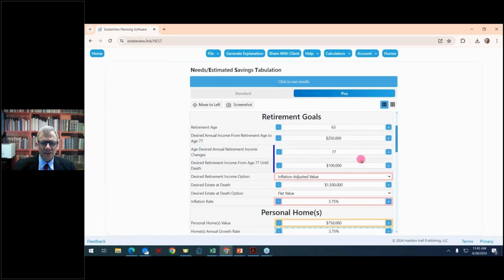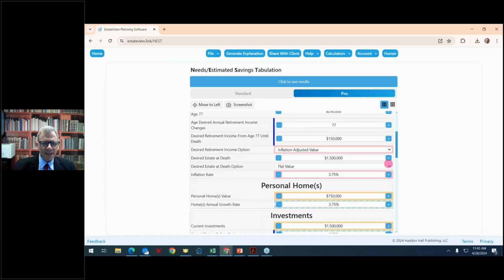From ages 63 to 77, at 77, would like to spend $150,000 a year, and will want everything adjusted for inflation, and would like to leave at least $1.5 million for descendants on death,